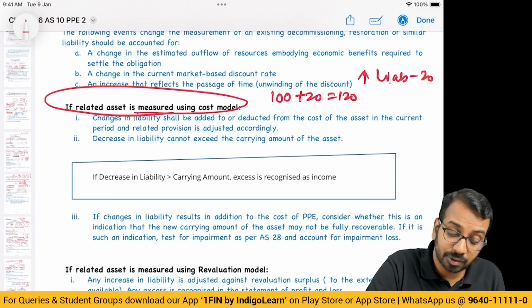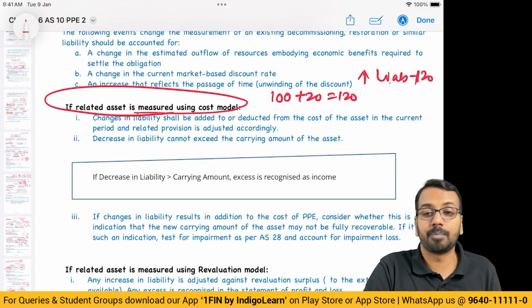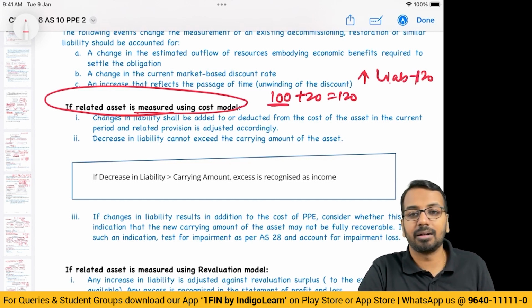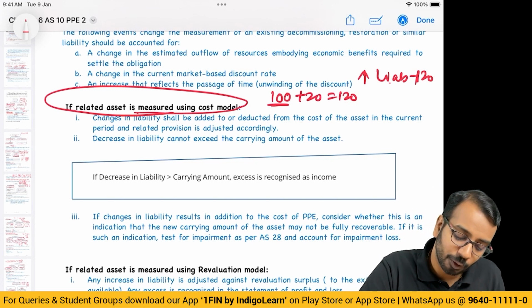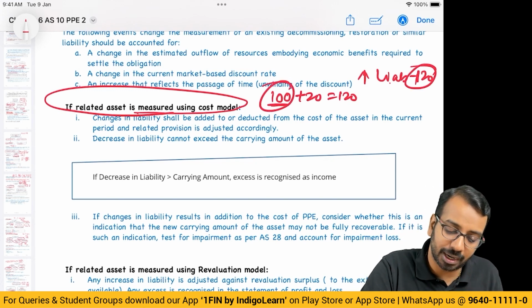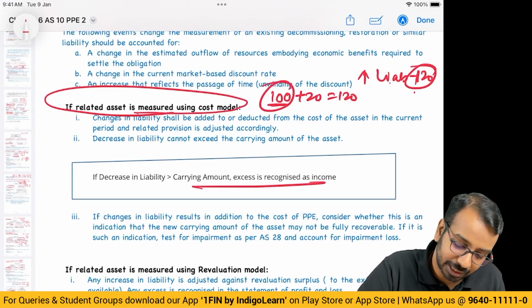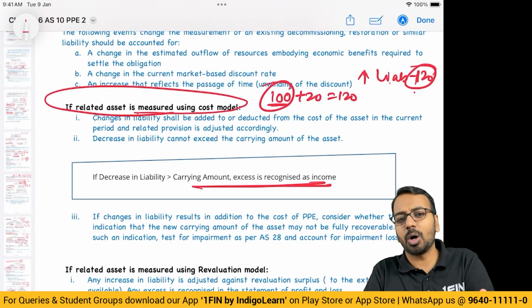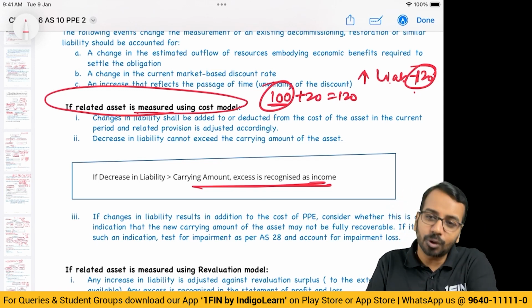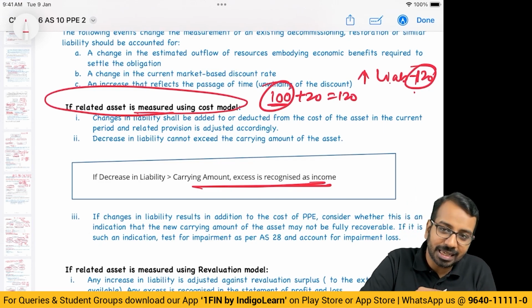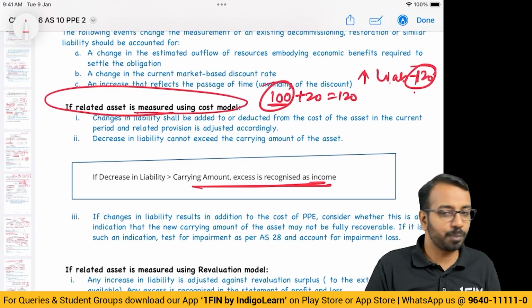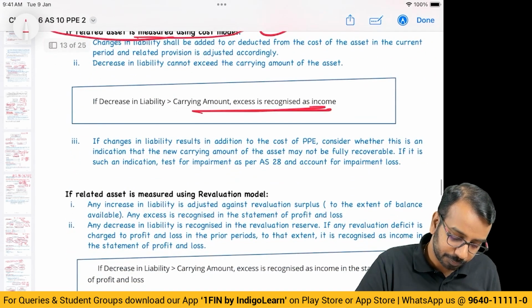But if the reduction in liability is say 120 and I have an asset of only 100, can I reduce 120 from 100? I cannot. So what will I do? From this 100, I can reduce 100, and the balance 20, I will recognize in P&L. So using the cost model, you will either add it to the cost of the asset or reduce it from the cost of the asset. If there is any surplus left, you will transfer it to P&L. Second,